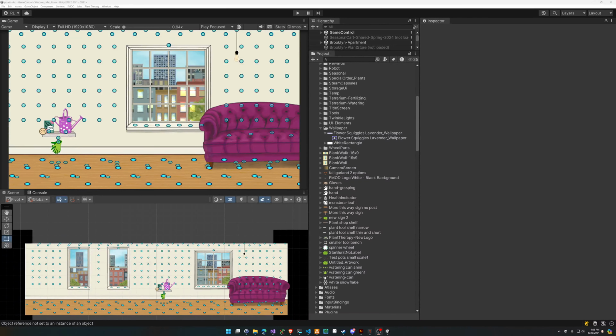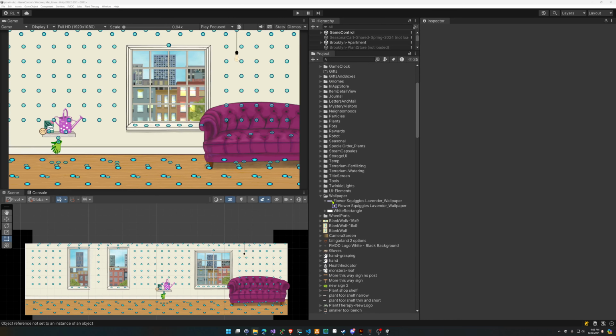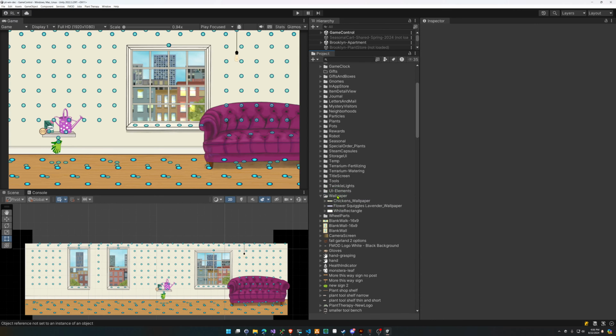I'm going to add a chicken wallpaper to demonstrate what the procedure is for wallpapers. It's very similar to all the other items now. So first we need to drag the image in, and that can be found in Assets, Artwork, and there's a wallpaper folder here for all the images to go into. I'm going to drag the chicken wallpaper in as an example, drop it into wallpaper, select it, and then once